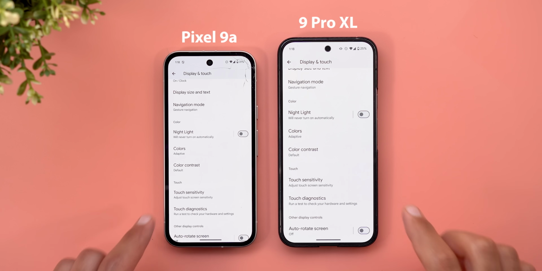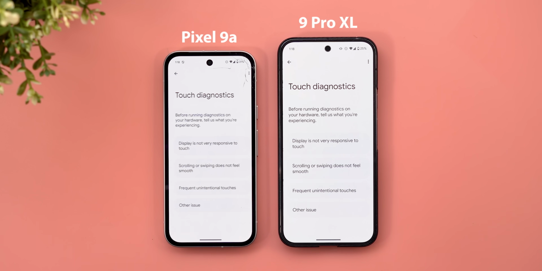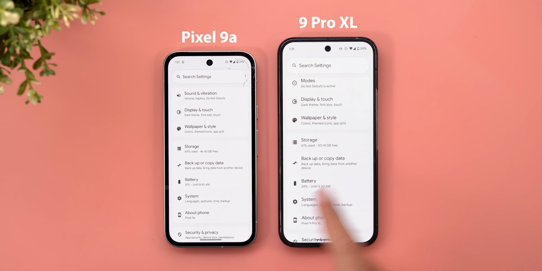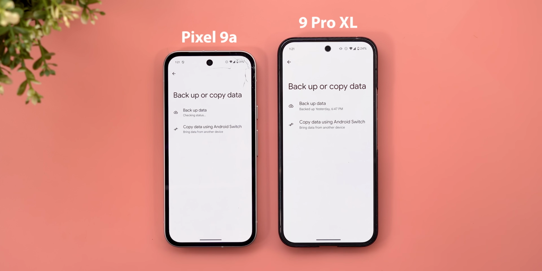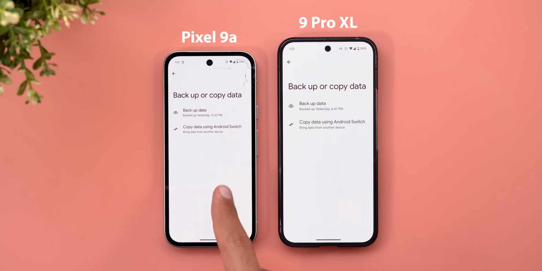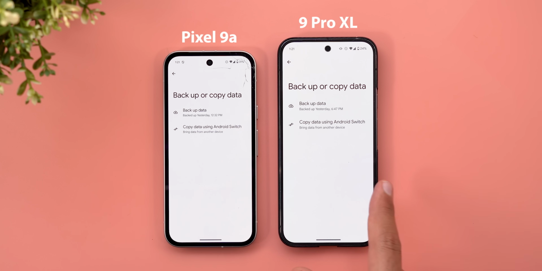On top of this, you will also find the touch diagnostics menu, which I only have on my Pixel 9 Pro XL, but now it's also available on the 9a. Another feature I found on the 9a is the backup or copy data menu that was only available on the Pixel 9a models. This feature will allow you to copy data to your Android phone even after finishing the initial